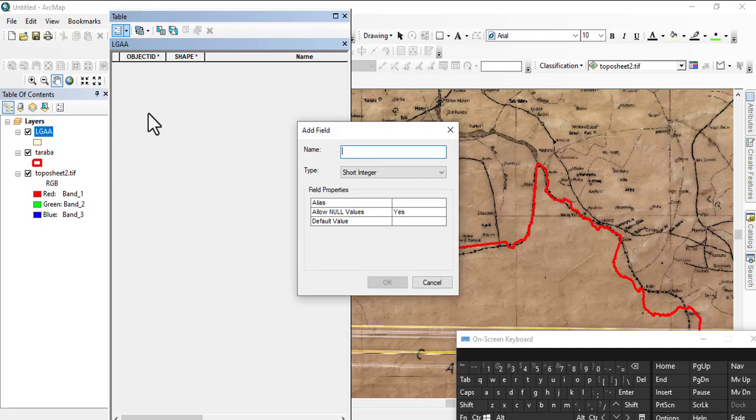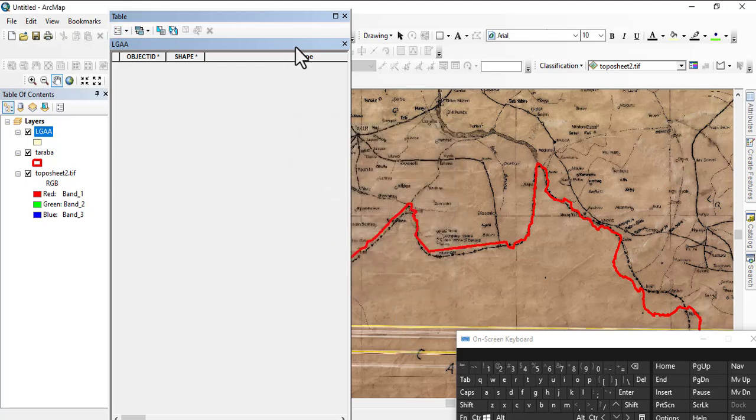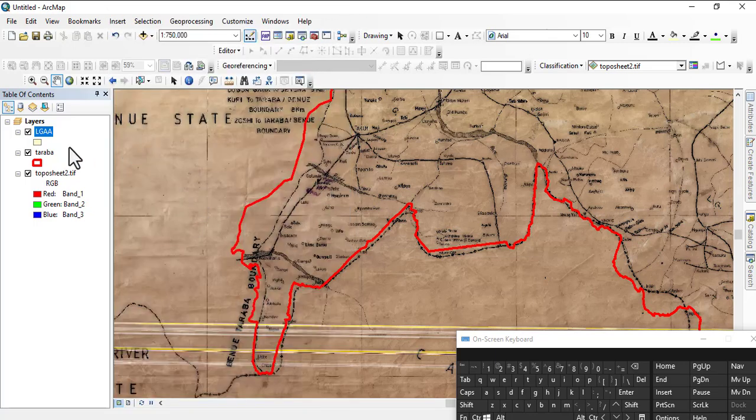So let's say I want to add chairman name, for example. Let's leave chairman, which will let us know that it's the name that I want to write, and we'll change this to text, and then we'll click on OK. It will be added to this field types, but it's not activated because we've not started doing anything there, right? So we'll just close it. Now we have what we need